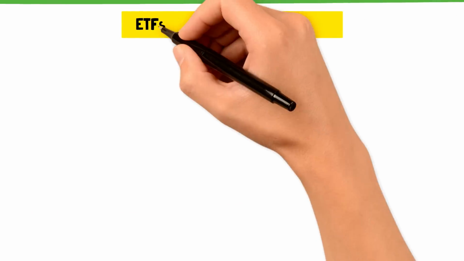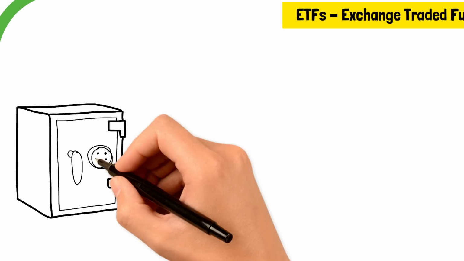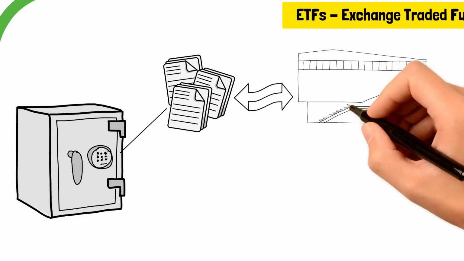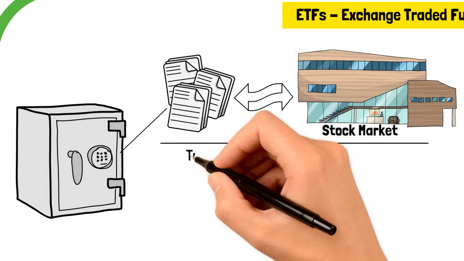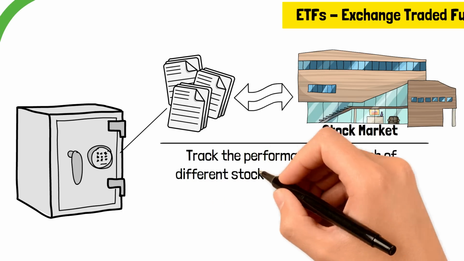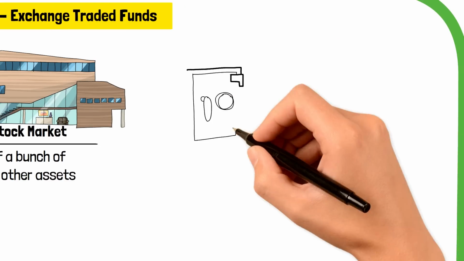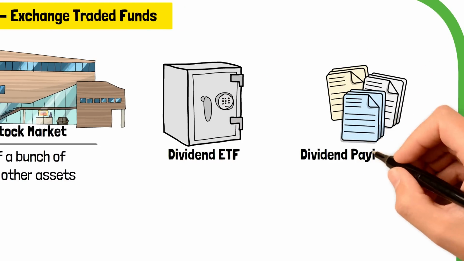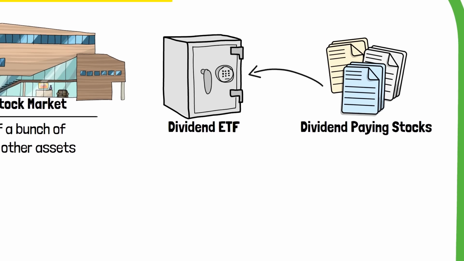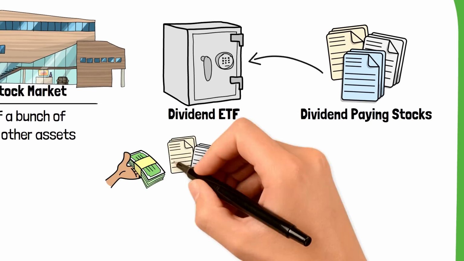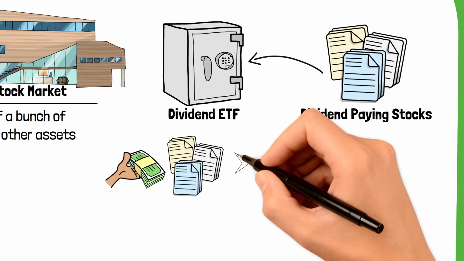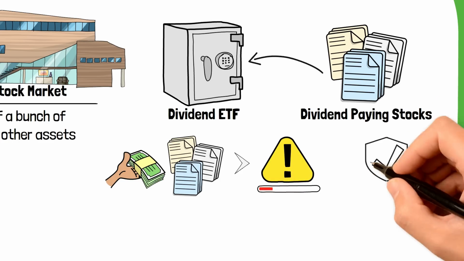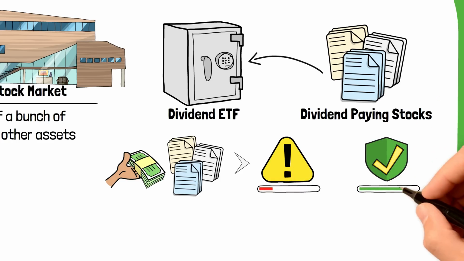First, a quick overview. ETFs, or exchange-traded funds, are like low-cost bundles of investments that you can buy and sell on the stock market just like individual stocks. Basically, they track the performance of a bunch of different stocks, bonds, or other assets. A dividend ETF is a type of ETF that follows a bunch of stocks and bonds that pays dividends. They're great because they let you invest in lots of different dividend-paying companies without having to choose each one individually. And since ETFs spread your money across many companies, if one company doesn't do well, it won't hurt your overall